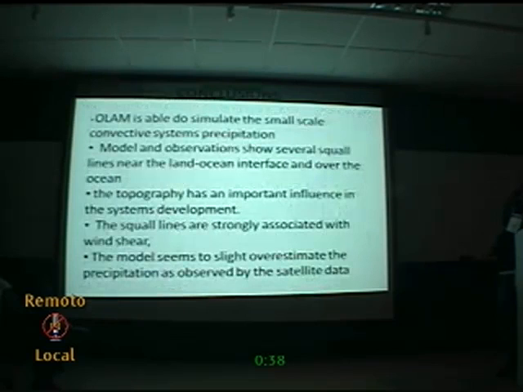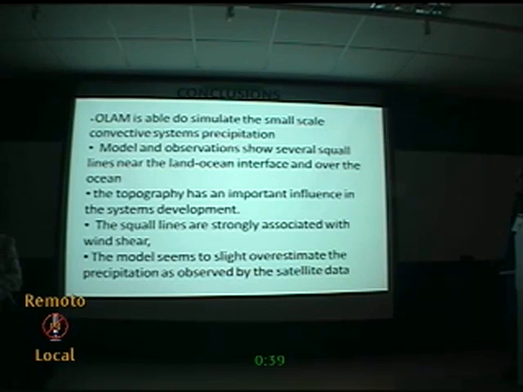So some of the conclusions we have for now: the model is able to simulate the small-scale convective systems and precipitation, and model and observation show several squall lines near the land-ocean interface and over the ocean. The topography has important influence in the system's development. The squall lines are strongly associated with the wind shear, and the model seems to overestimate the precipitation as observed